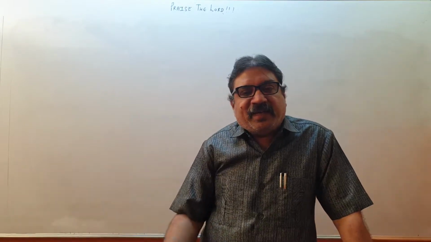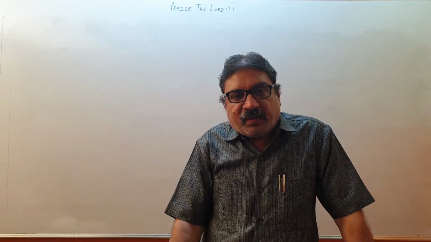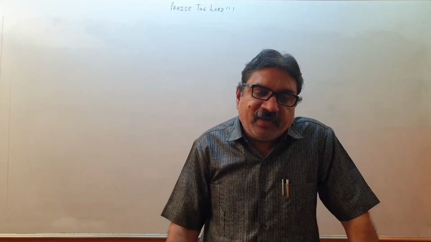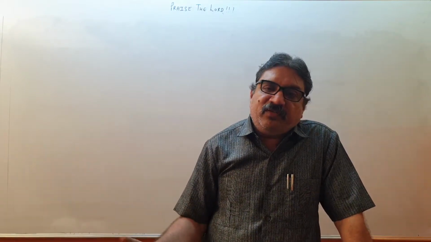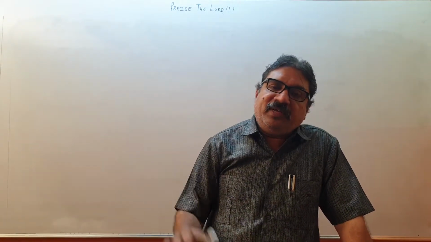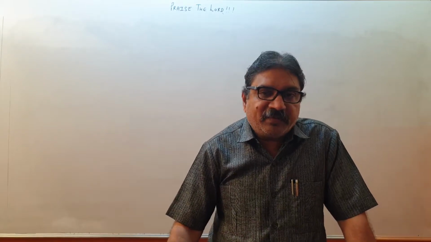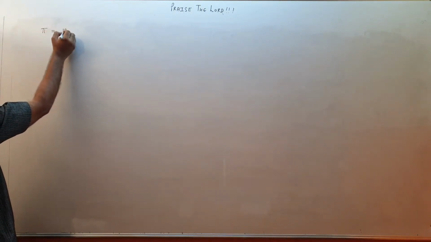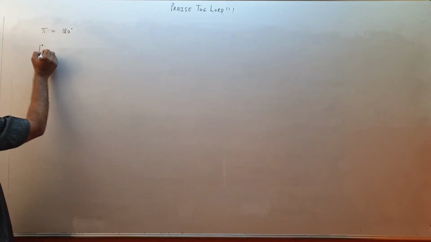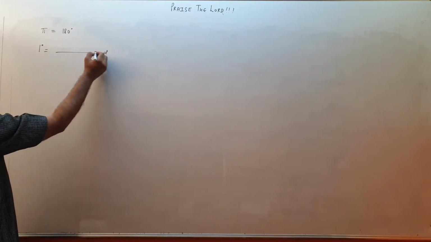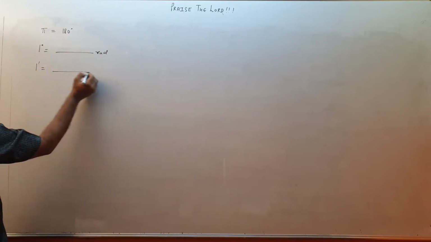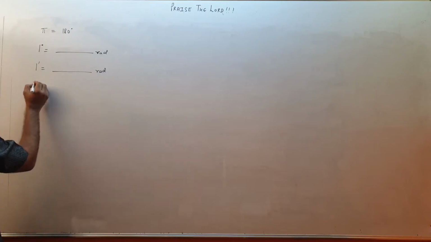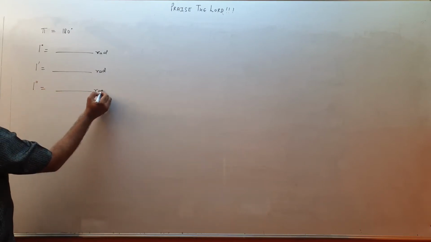We already know that pi radian is 180 degree, that means 3.14 approximately. So 3.14 radian is 180 degree. So how much will be 1 degree in terms of radians? We want to know that. So we know this approximation or rather equality that pi radian will be 180 degree. So 1 degree will be how many radians, 1 minute will be how many radians, and 1 second will be how many radians. We want to know that.